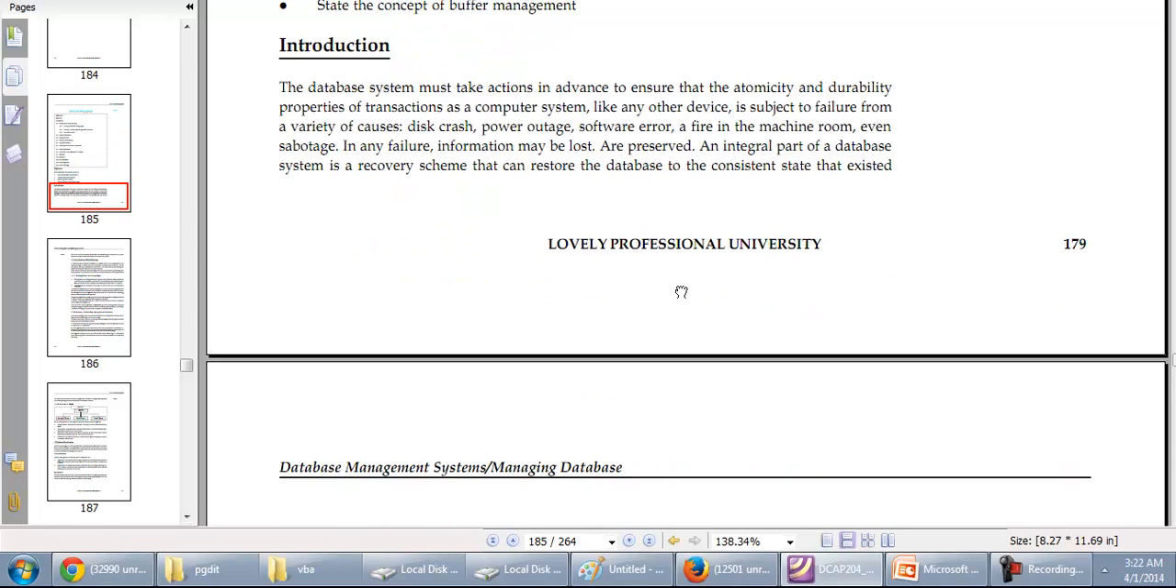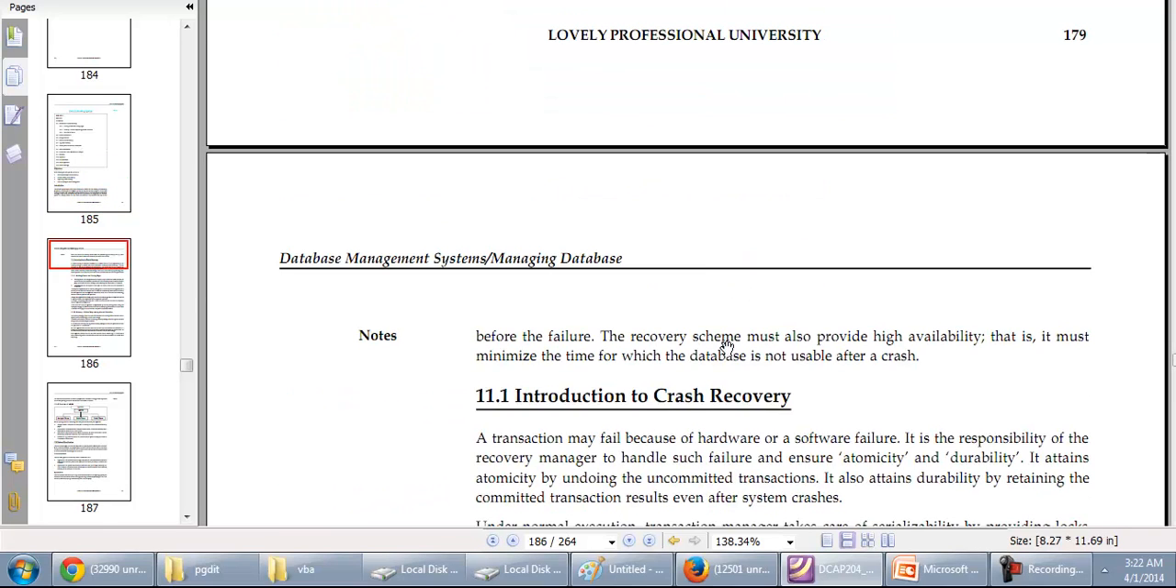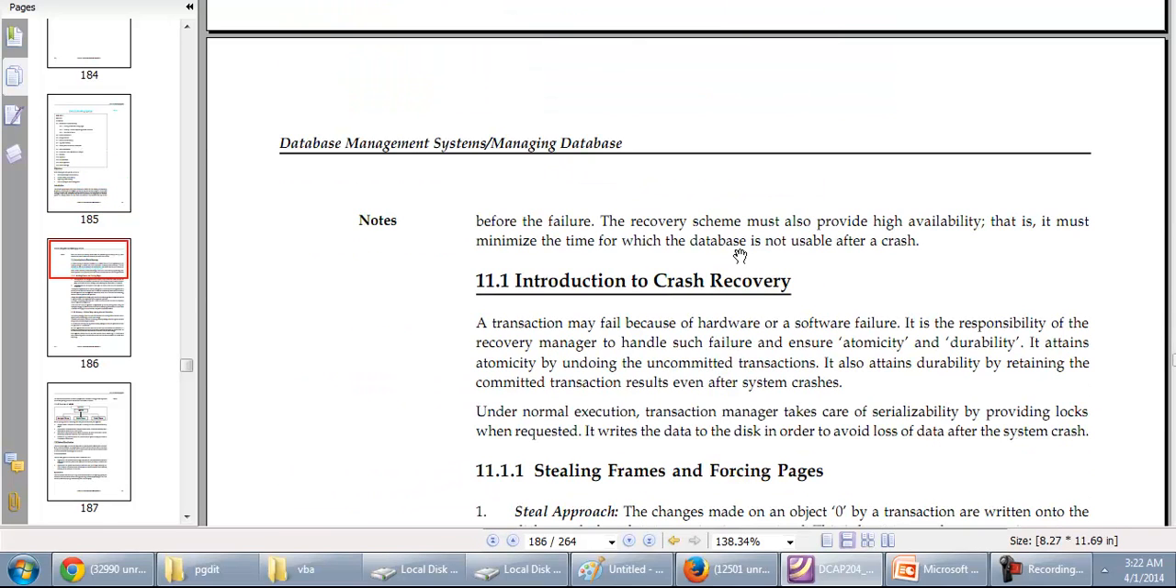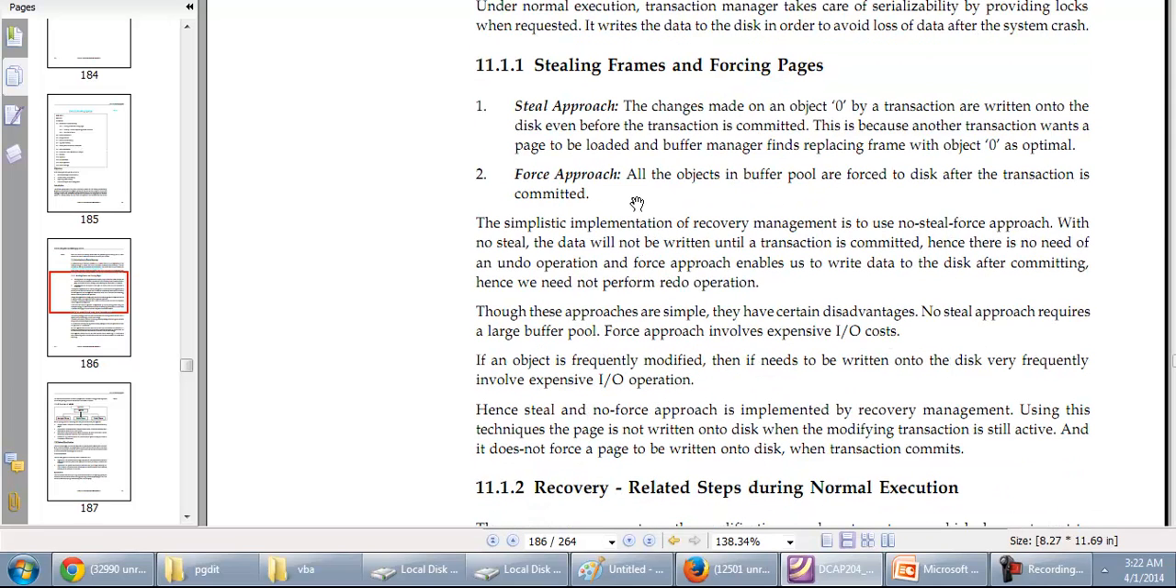So this is a continuation of transaction, where we want to make sure that if there is some failure or crash, we might still be saving the things. So under normal execution, transactions take care of reliability by providing locks where requested, writes data, to avoid loss of data when the system crashes. Stealing frames and forcing pages: steal approach, the changes made by a transaction